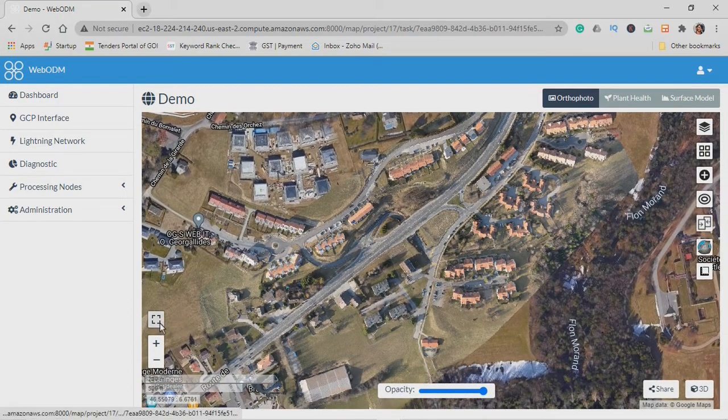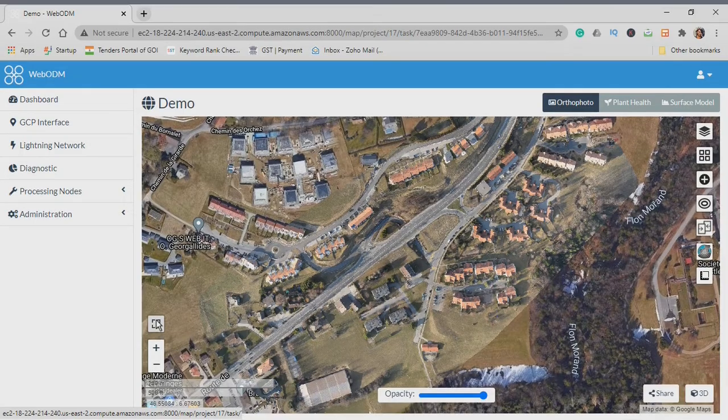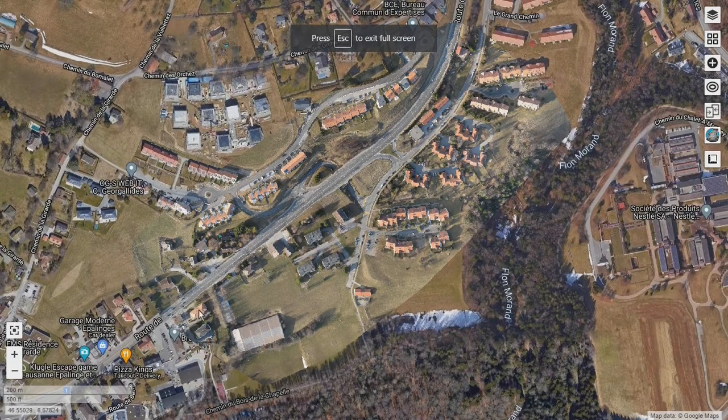Let's go full screen to have a better view. Now you can see there are multiple options to zoom in and zoom out, and we did the full screen from here. On the right hand side there are multiple options available. Let's quickly see what all options are available over here.